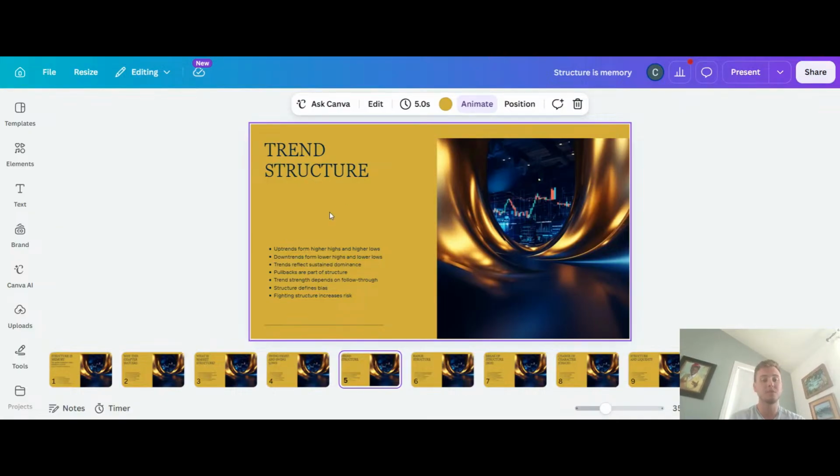Trend structures. Uptrends form from higher highs and higher lows, downtrends from lower highs and lower lows. Trends reflect sustained dominance. Pullbacks are part of structure. Trend strength depends on follow through. Structure defines bias, and fighting structure increases risk. So these are also very, very important things